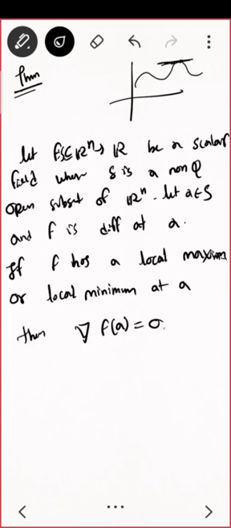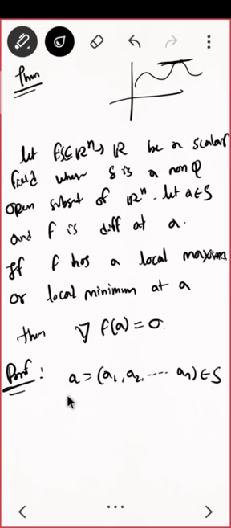Do you see, there it was something like this, but there the derivative was not like this. So we would like to relate it with that one. So let us relate now. Let us try to see the proof. What is the point E? E is in S, so E will have coordinates E1, E2 up to En, that belongs to S. Correct? So we can take any one of the cases.